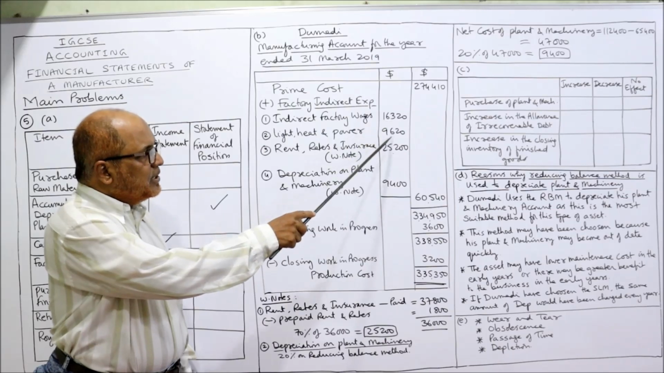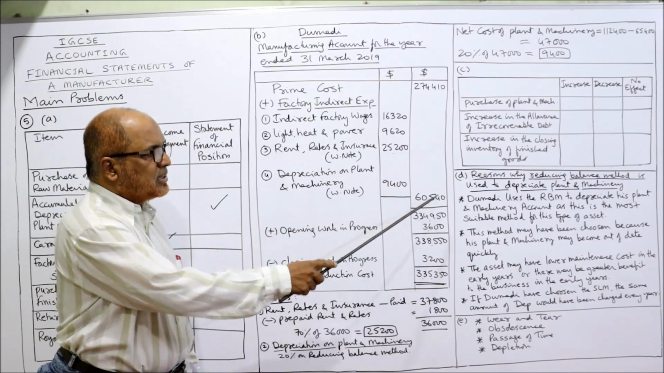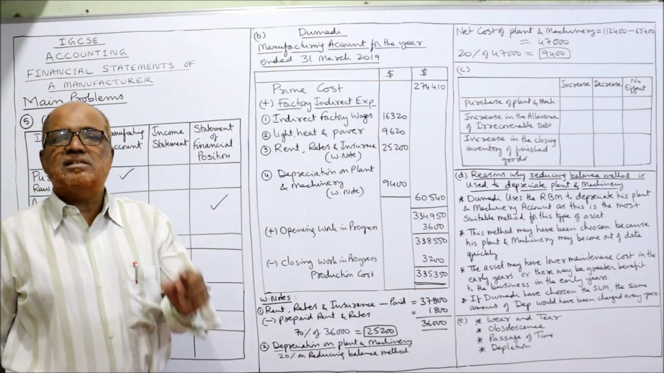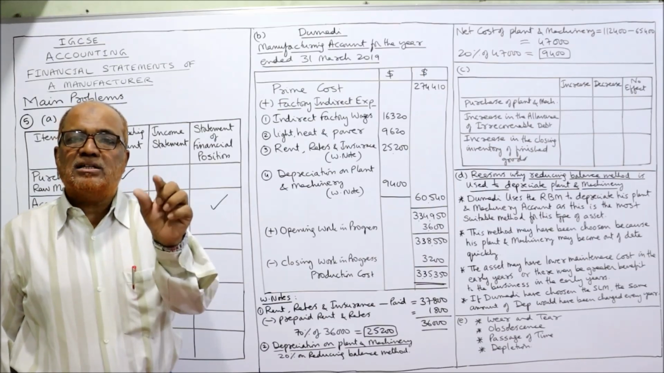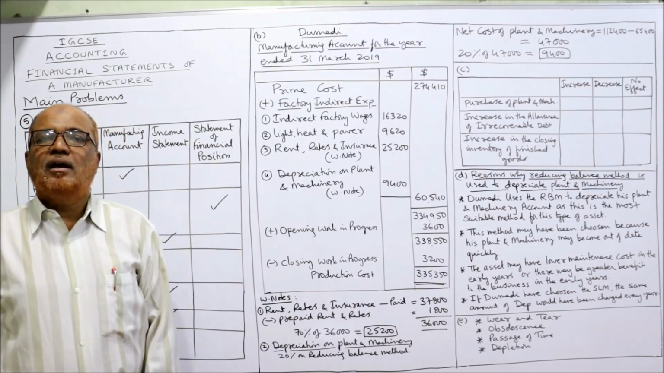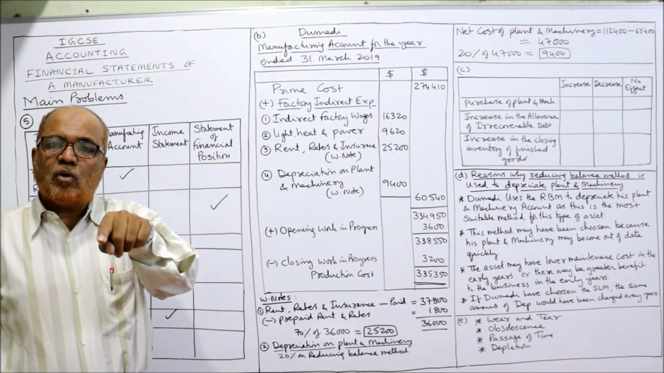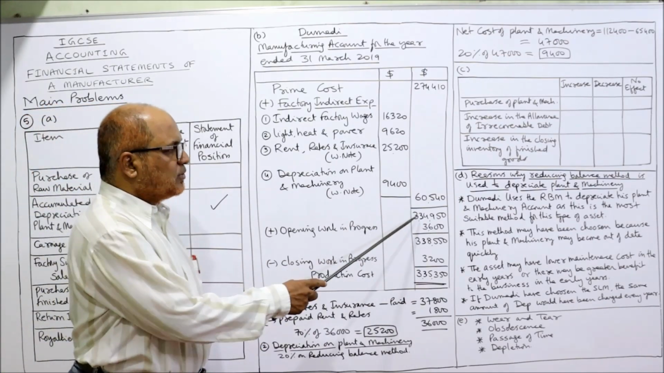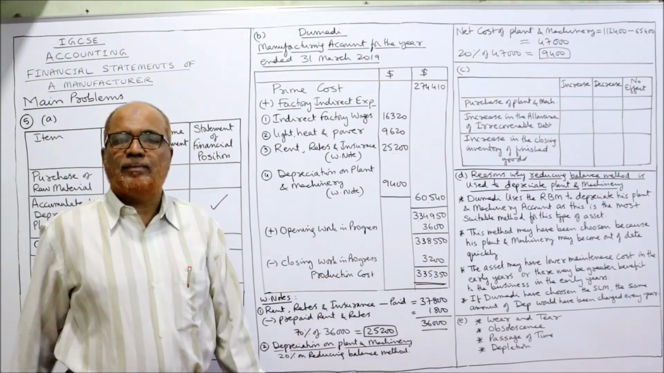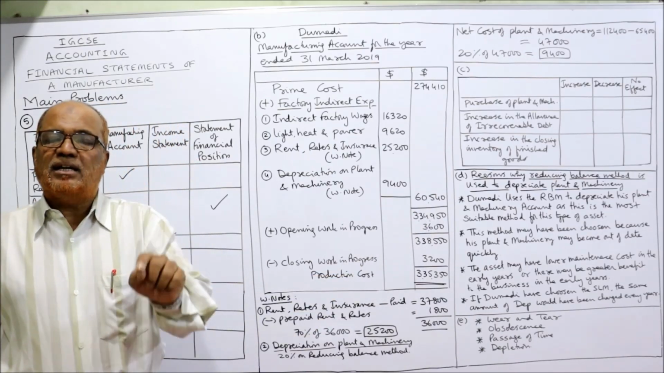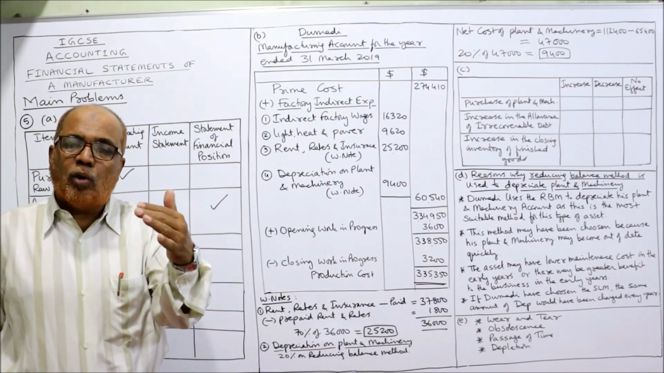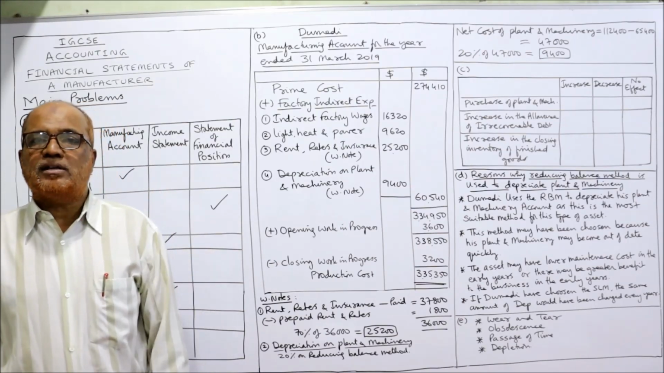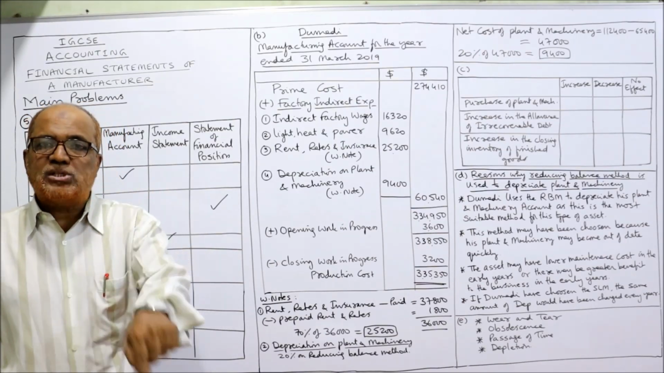Now you add up these four amounts, it comes to 60,540. This is the total indirect factory expenses. Now you add up prime cost plus indirect factory expenses. Both will get 3,34,950. To this 3,34,950, add up opening inventory of work in progress and deduct closing inventory of